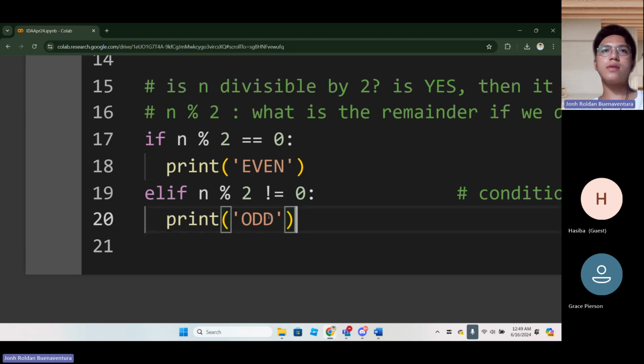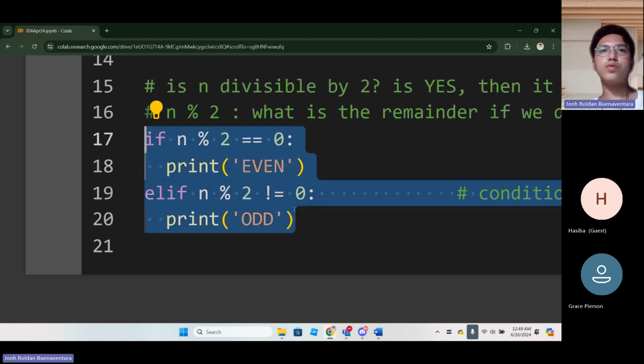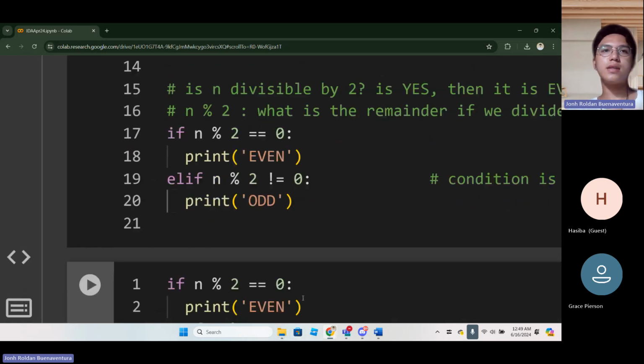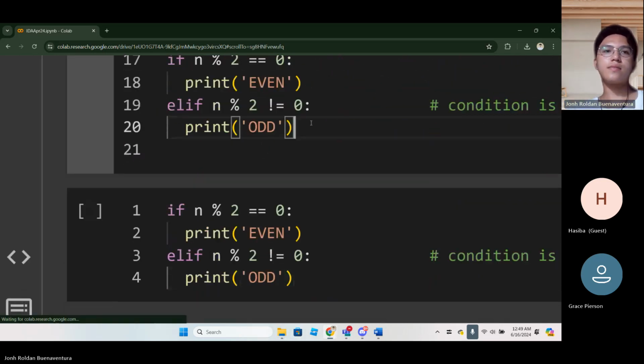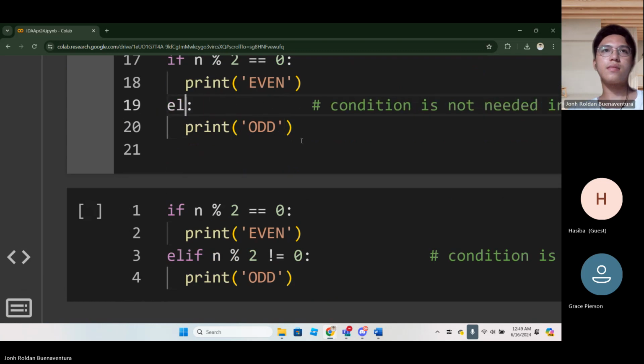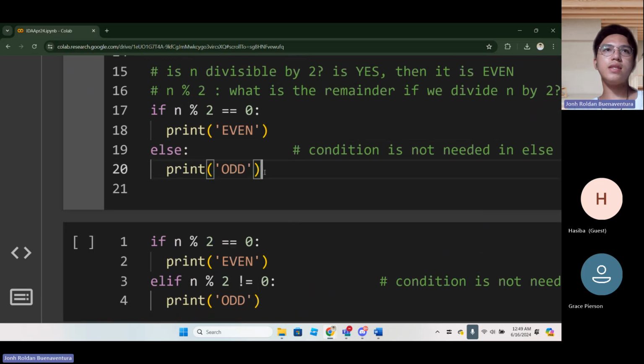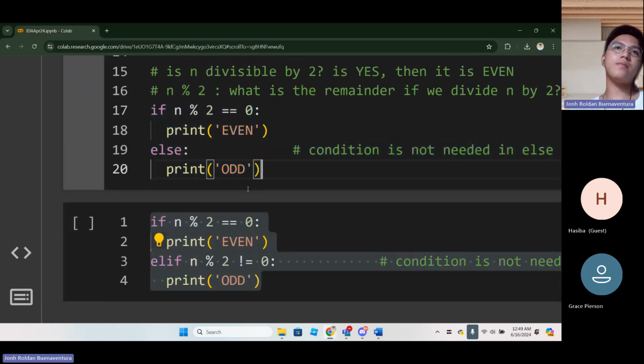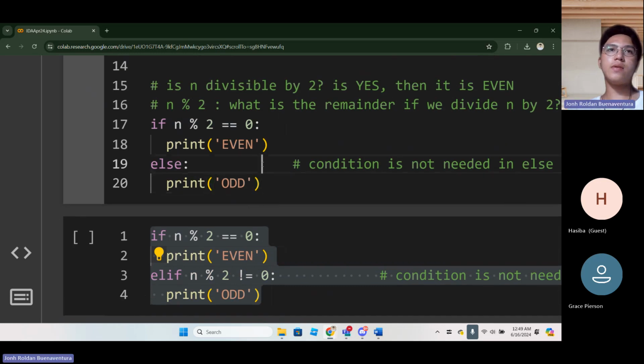Actually there are 2 solutions. One is this, and the other one is this, but both of them are the same, logically speaking.